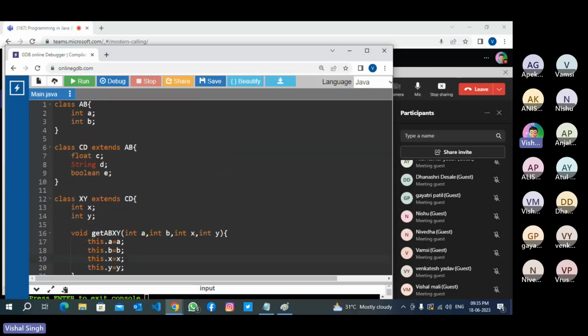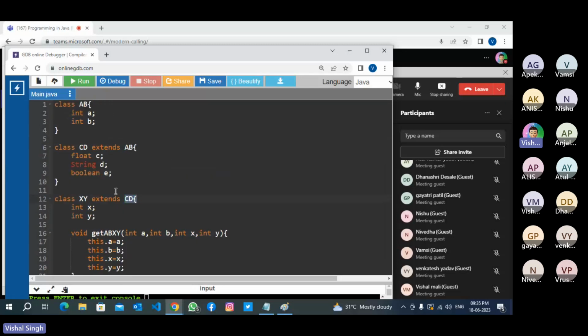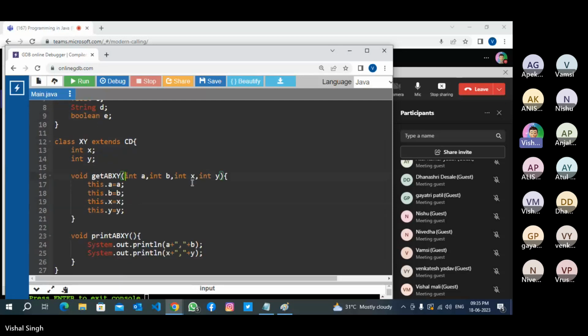Now you can also initialize this. See, in the XY class we don't have A, B, C, D, E, but it has them indirectly, because you are extending CD, and CD has 5 properties. AB has only 2 properties. So CD is extending AB. It means CD has AB, CDE, 5 properties. XY is extending CD. It means it is inheriting 5 properties from its parent. Okay. So here AB,